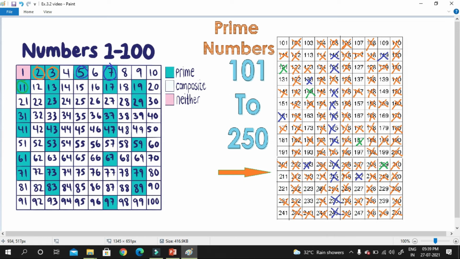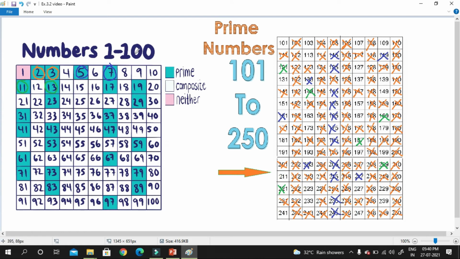Right, that's all. Now the next number is 13. So now we'll cut the multiples of 13. So multiples of 13 are 104, 117, 130, 143. These numbers are already cut down, so we need not worry. 156, 169, but we just need to see whatever is not done, we have to cut that one. 182, 195, 208, 221, 221 is not done, so we'll cancel out this one also, and 234.